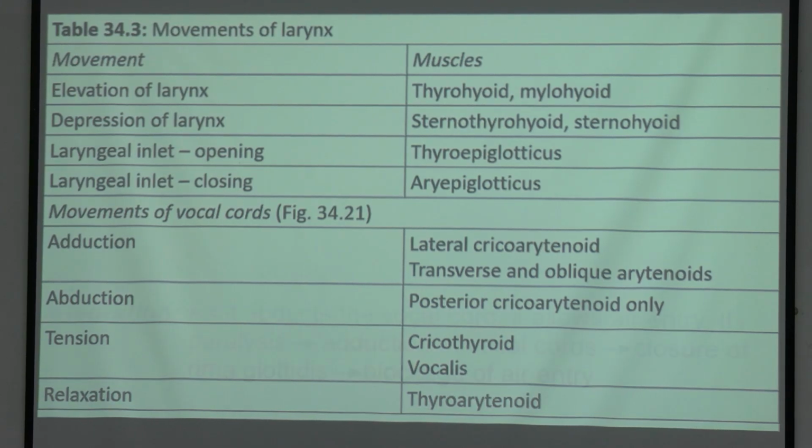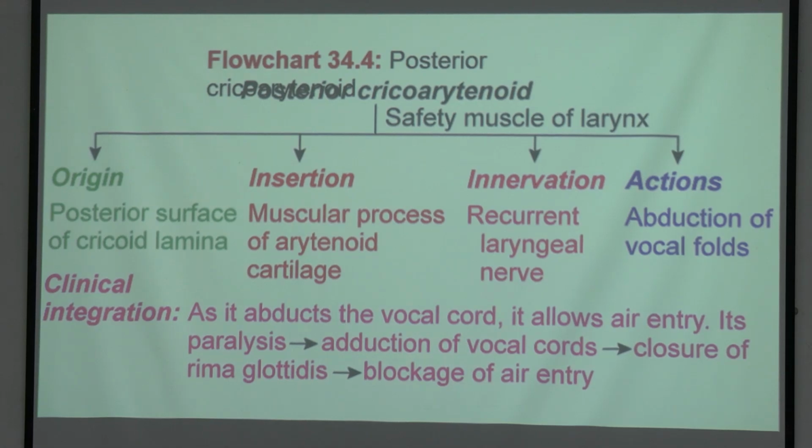Now let me tell you, all the muscles of the larynx are supplied by the recurrent laryngeal, the motor nerve supply, except the cricothyroid, which is supplied by the external laryngeal, which is coming from the superior laryngeal. And the sensory supply above the vocal fold is by the internal laryngeal, and below the vocal fold is the recurrent laryngeal, carrying the fibers of